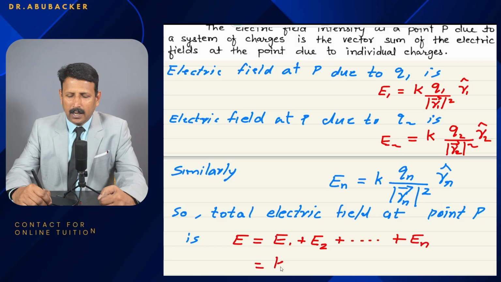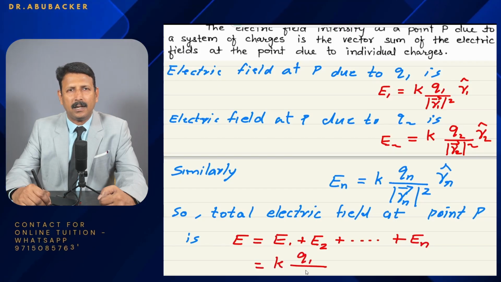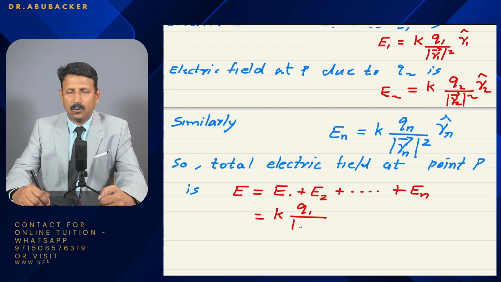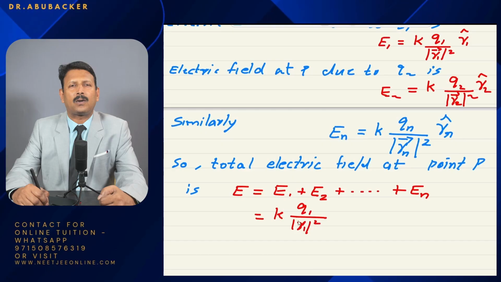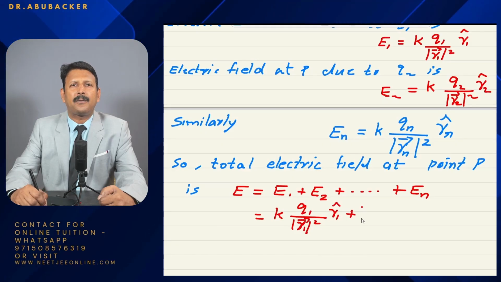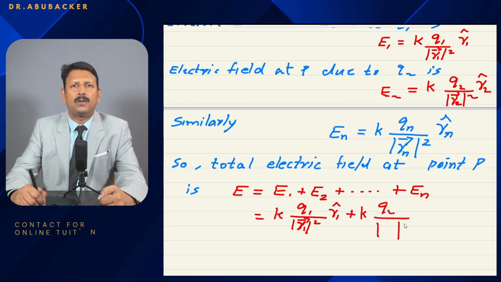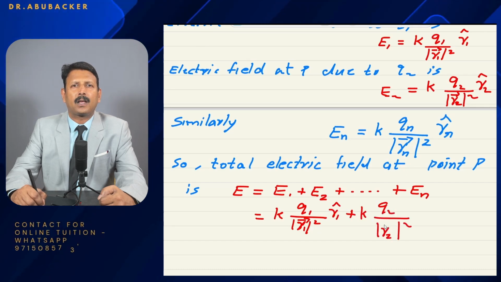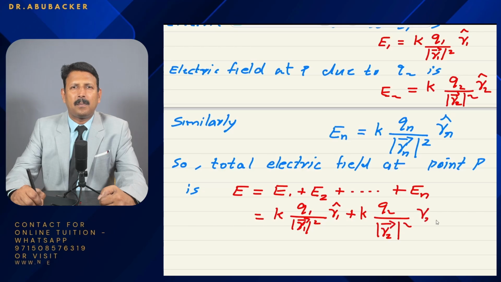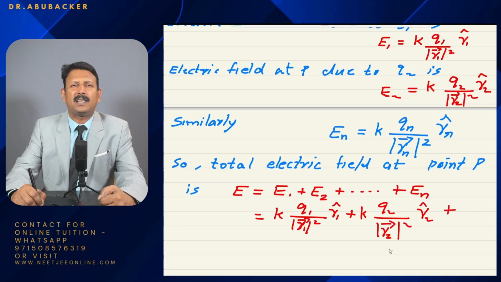Now substitute the values of E1, E2, E3, etc. K Q1 divided by modulus of R1 square R1 cap, plus K Q2 divided by modulus of R2 square R2 cap, plus, we can write the last one now,